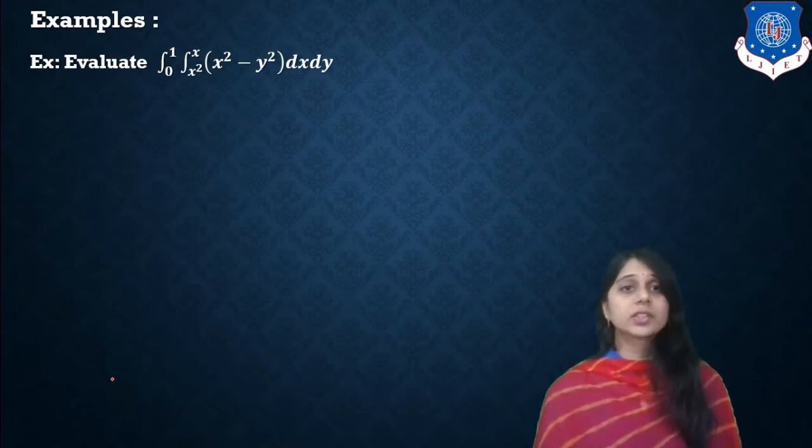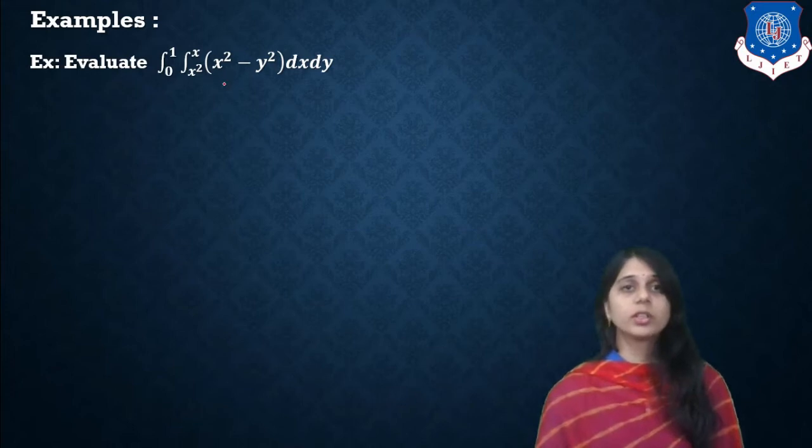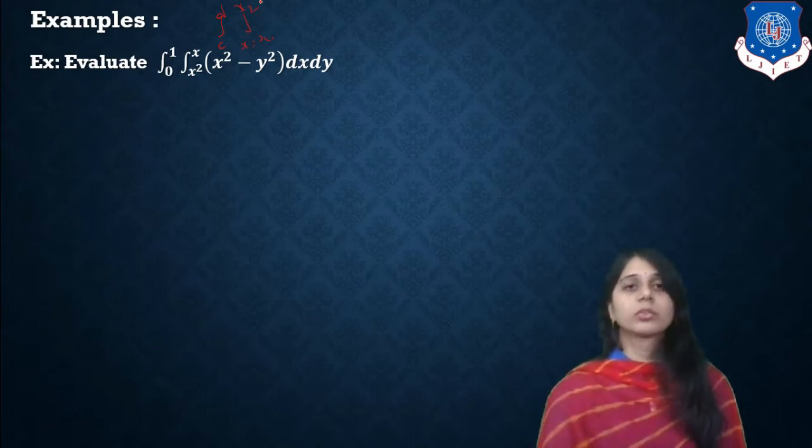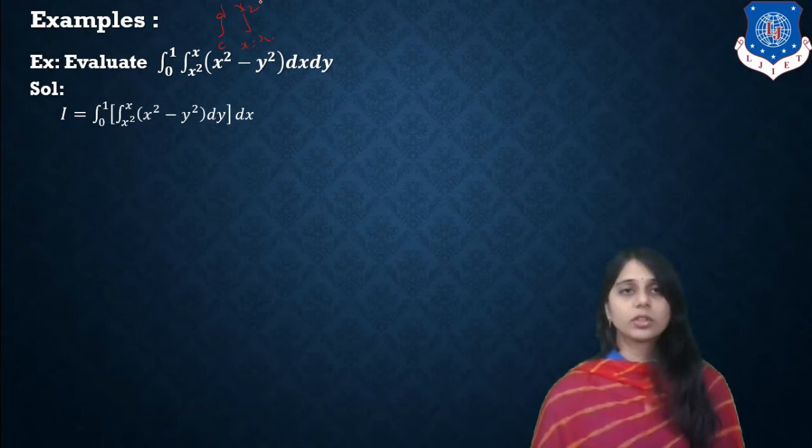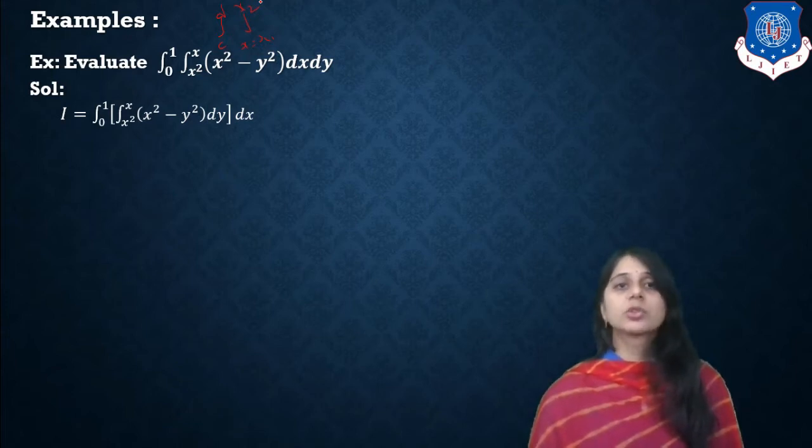Evaluate 0 to 1 of x square minus y square dx. This is the integration where the limit of y is given as a function of x, from x1 to x2. Okay, now what is your solution? We are taking 0 to 1 integration as the limit. We are taking dx, with x1, x2 raised to x square minus y square dy dx. So integrate this,